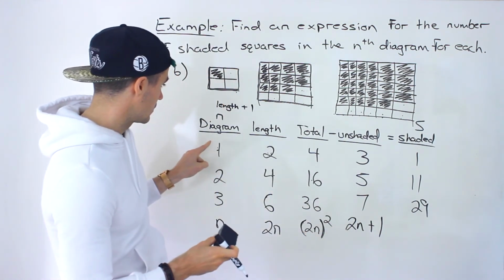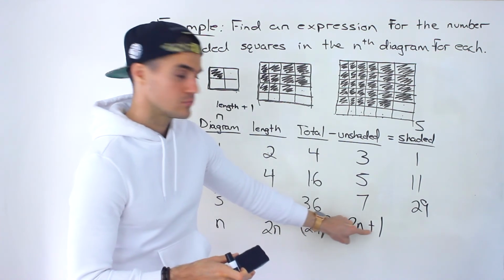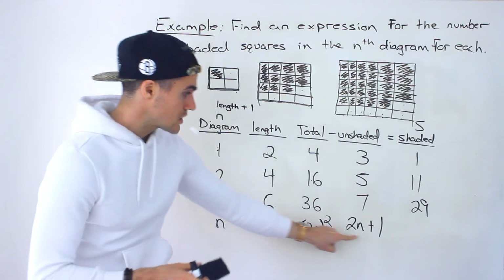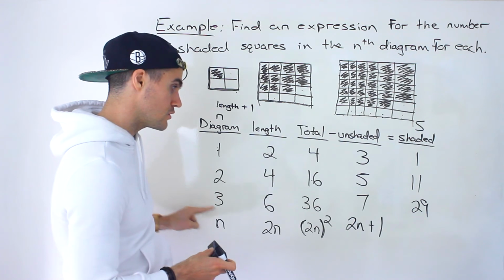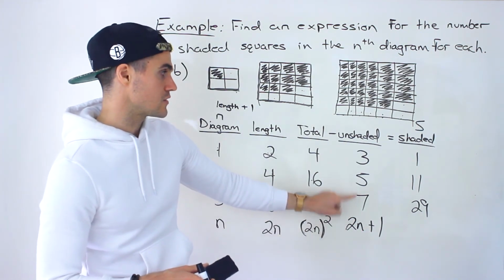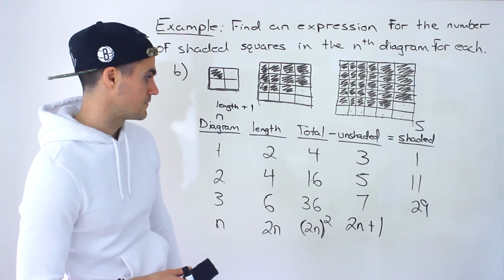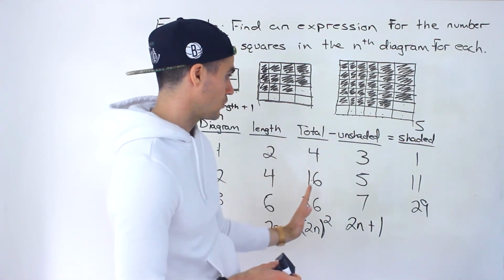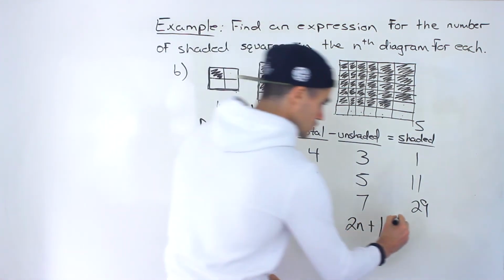If n is 1, plugging 1 here, 2 times 1 is 2, plus 1 gives us 3. If n is 2, 2 times 2 is 4, plus 1 gives us 5. If n is 3 for the third diagram, 2 times 3 is 6, plus 1 does give us 7. So it does check out with the numbers that we also have. And then the shaded column, we know it's just the total column minus the unshaded column. So it's actually just going to be this 2n